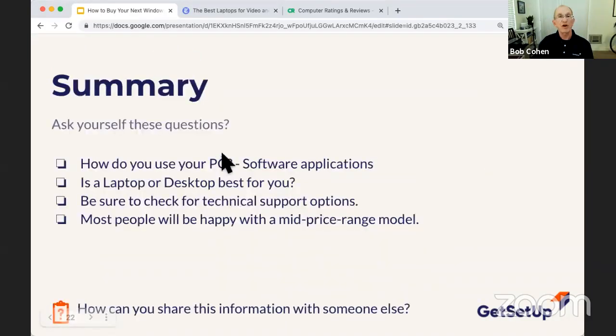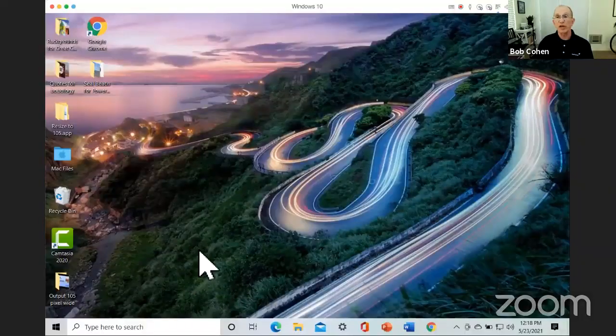Okay, so before I finish, I want to show you how to find out what you've got inside your computer right now, at least from a processor and a storage standpoint. So I'm going to stop sharing my slide and go to sharing my Windows desktop screen to show you how you can find this in Windows. Once you want to know what's inside your computer, it's going to make a big difference if you have an idea what's in there already.